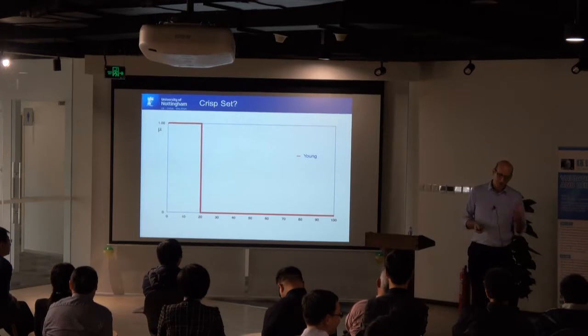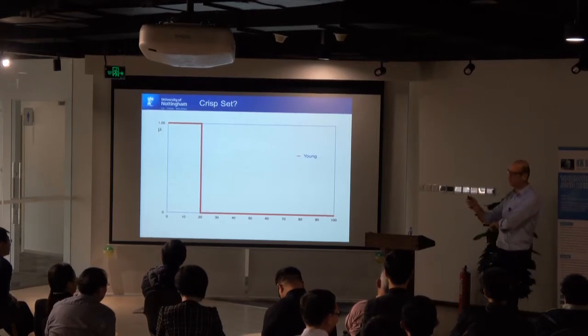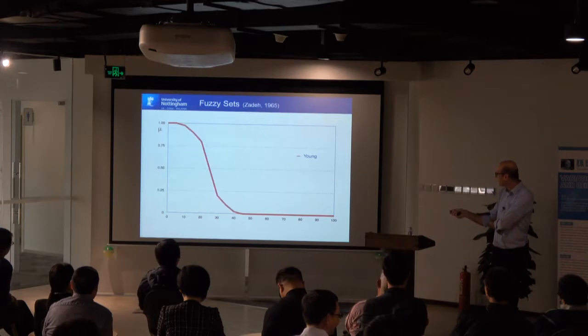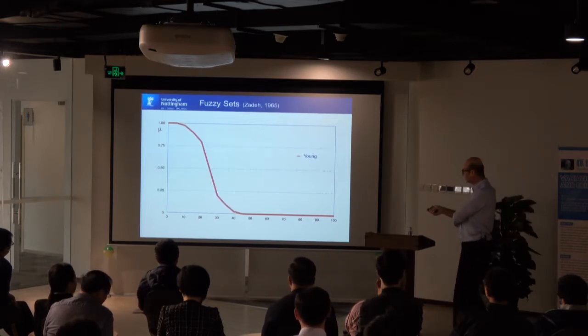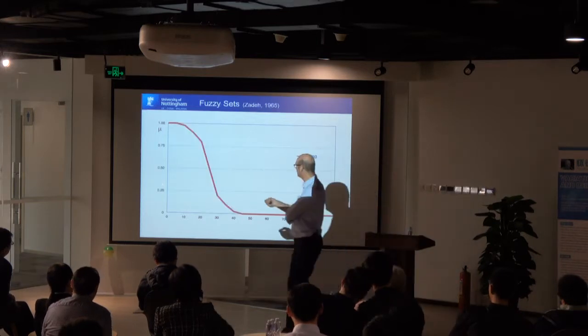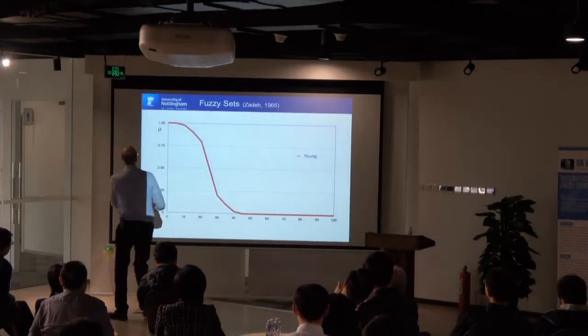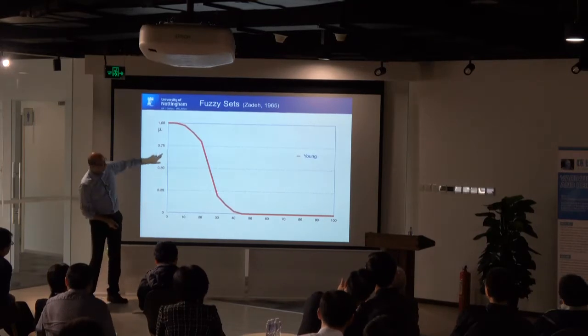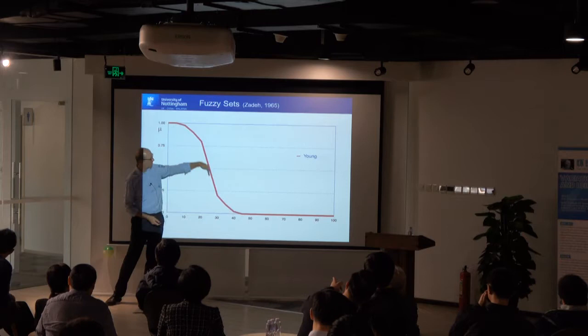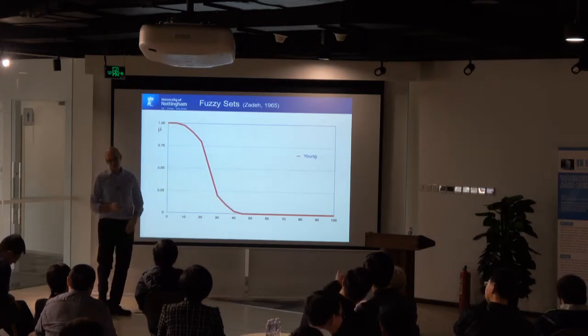And in 1965, Zadeh said this isn't any good for the real world, so he created something called the fuzzy set. And from that previous diagram, he basically just did two key things. This y-axis can now be any number between 0 and 1. And then I can have a slope on my function.